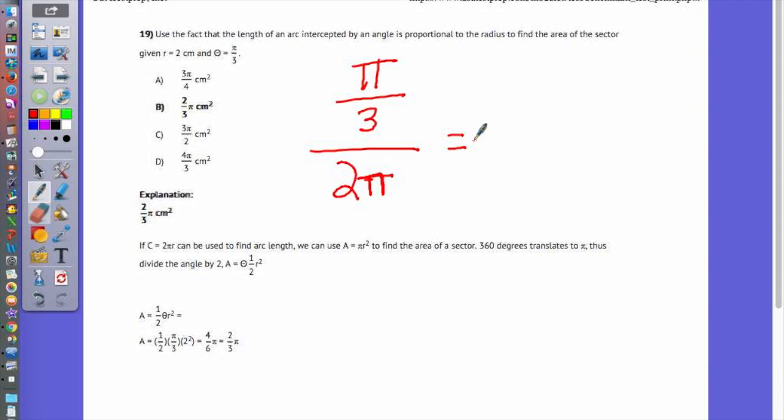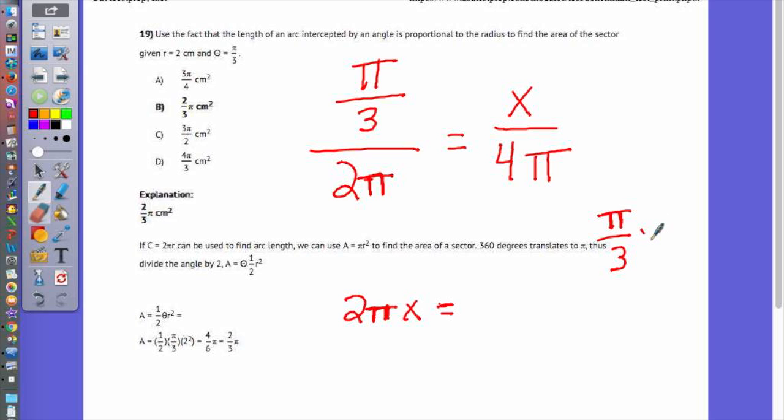Okay? They want us to find the area of the sector, and the radius is 2. So the area of the total circle would be the radius squared, which would be 4 times pi. Do you understand how I've set this up? Okay? 2 pi times x is 2 pi x. Okay? Now we have over to the side here, I'm going to say pi over 3 times 4 pi over